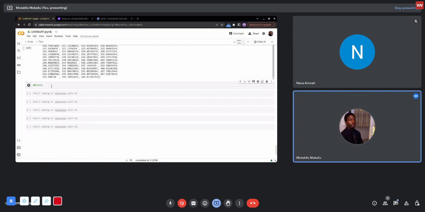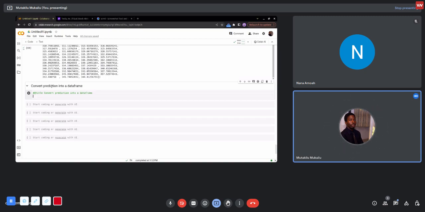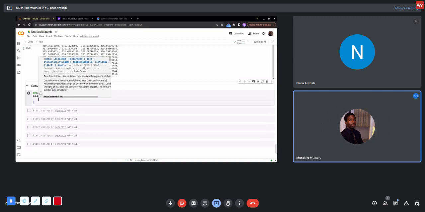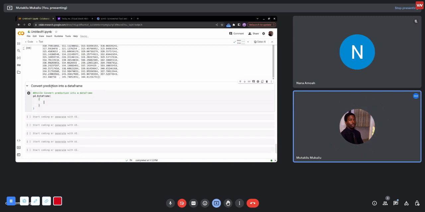So, convert predictions to a data frame. What we're going to do is pd.DataFrame, and this data frame is going to be created from a dictionary. In the dictionary, we're going to have true values, let's say true price. And then the true price is actually going to be